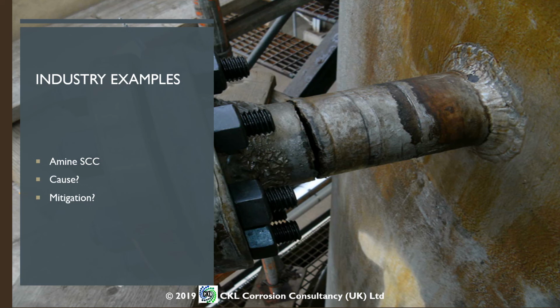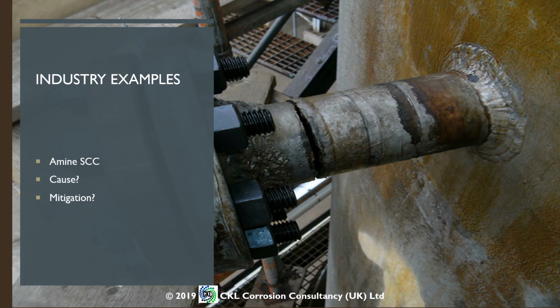This is another example, again, from industry. This is amine stress corrosion cracking. Now, if you have a look at that photograph, you should be able to see where the cracking has occurred. Apart from the nozzle, you should see that it's occurred here along the toe of the weld. Okay, so it's occurred along the toe where there are ample inherent stresses, close to yield in some cases,